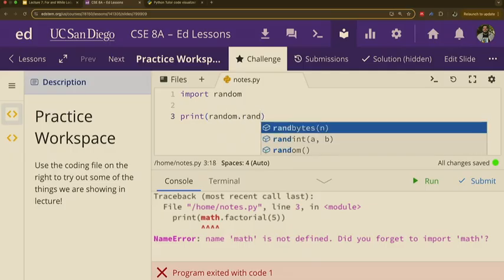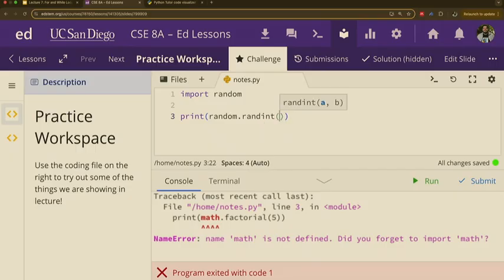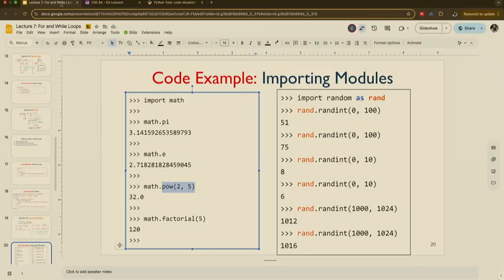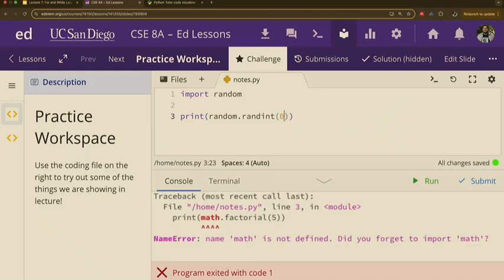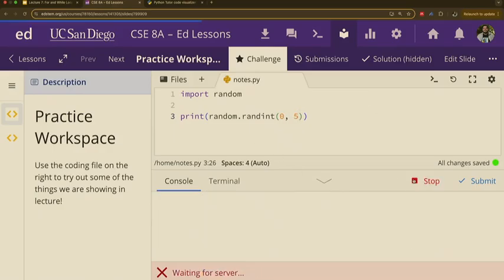And we really like to use random because random will give us something random. Okay? Rand int asks for 2 different things, and it'll give you a random number. Okay? So if we did random 0 to 5, it's going to give us a random number between 0 and 5 every time we run it. As you can see, anytime I run the system, I get new numbers.